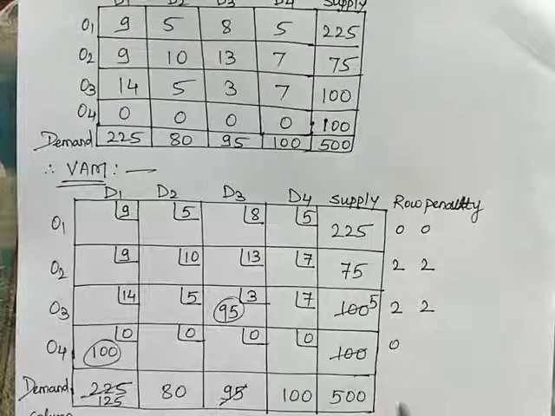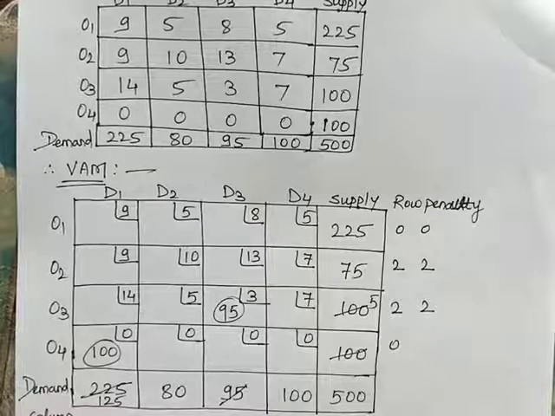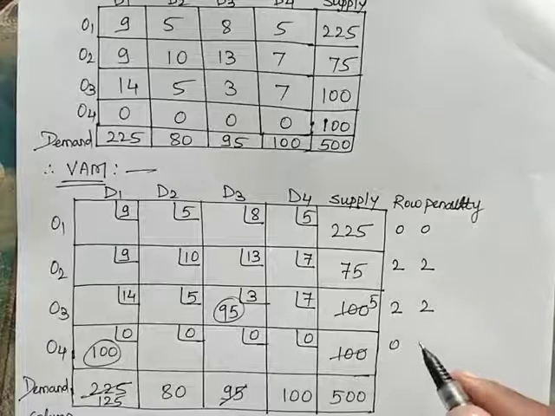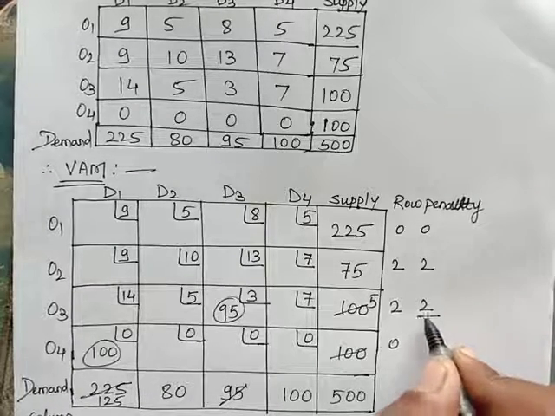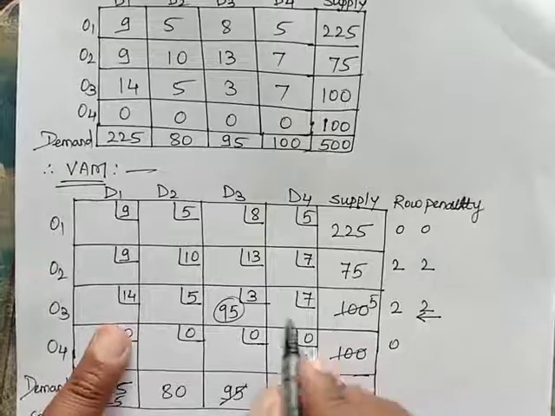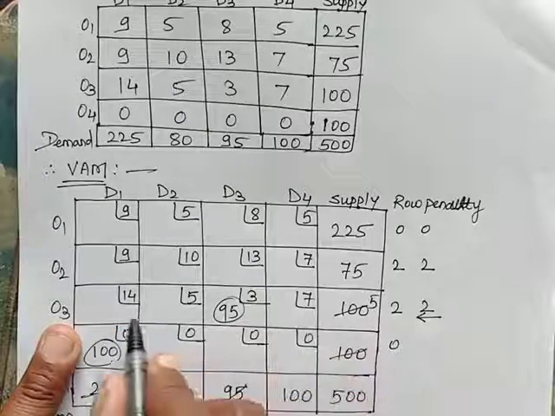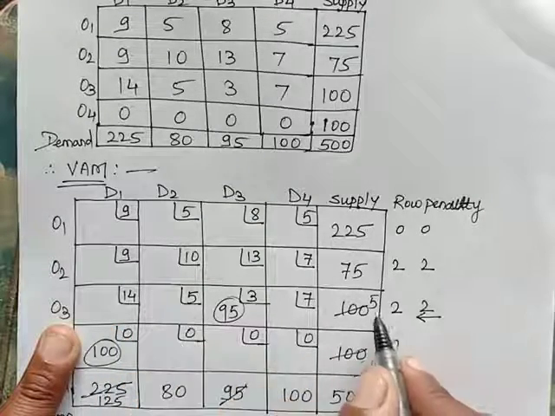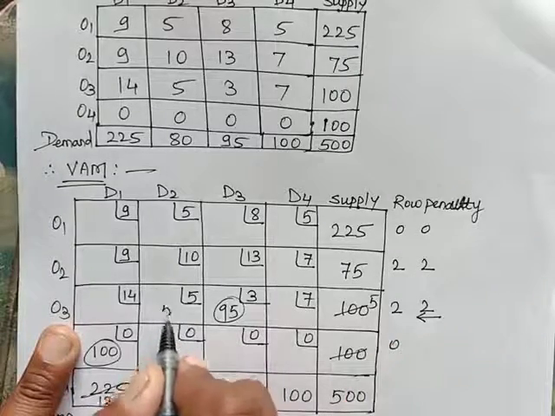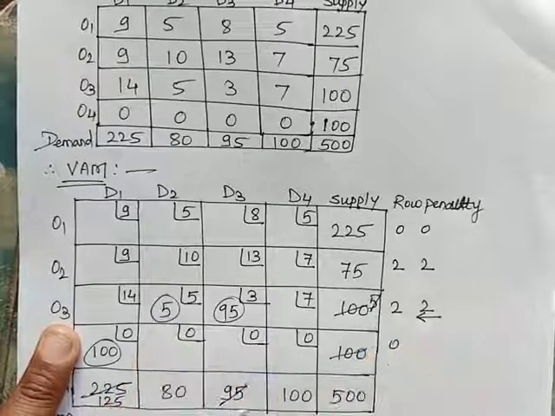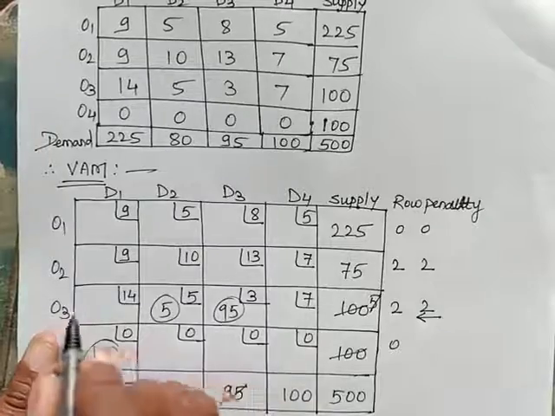3 times are there. So if we take any one of them, it is an arbitrary choice for us now. So let's take this 2. If we take this 2, what is the minimum cost left here? So this 5 is here. So the minimum of 5 and 80 will be 5. I will put 5 here. So this 5 is cancelled, or it will get satisfied.